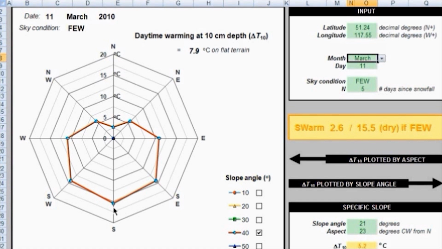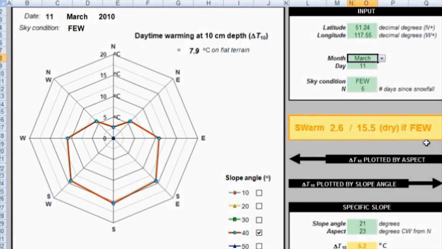Well, SWARM does not know the snow temperature prior to warming, but the estimated warming is proportional to the absorbed solar radiation. So the estimated warming can be considered an index of absorbed solar radiation even when the snow is not dry. Okay, the graph is visual, but how can we summarize the output for a hazard evaluation form or a field book? Just below the inputs, the yellow box displays SWARM